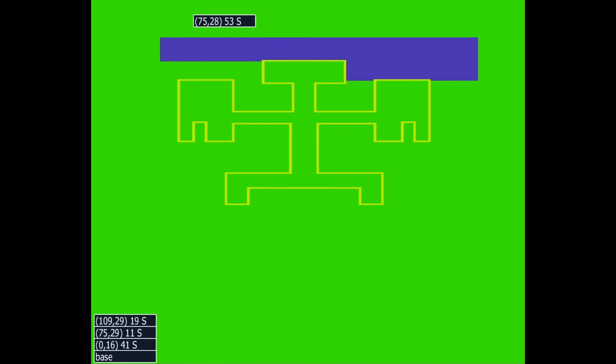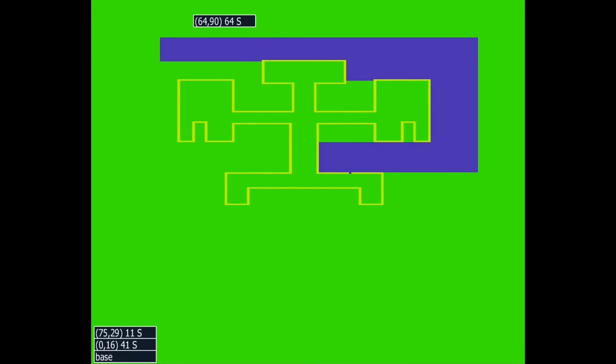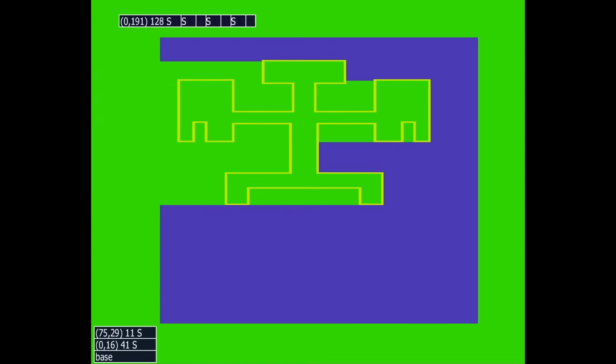So now we have reminders to go down the left and right side of that border, and to also go down the left side of the first border we hit. And it just continues in this manner as we go all the way down. Every time we hit a border, we do that scan. And now that we hit the bottom, we have those reminders on the stack to go ahead and go down the other sides of the borders that we had procrastinated doing.